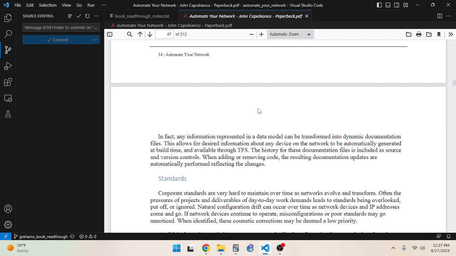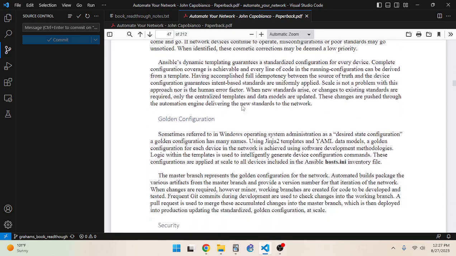This allows desired information about any device on the network to be automatically generated at build time and available through TFS. The history for these documentation files is included as source and version controls. When adding or removing code, the resulting documentation updates are automatically performed, reflecting the changes.